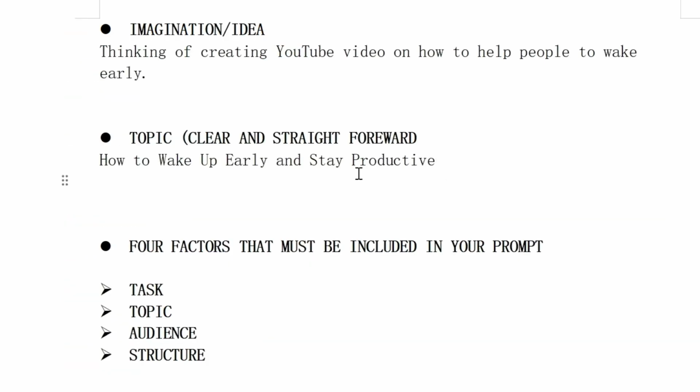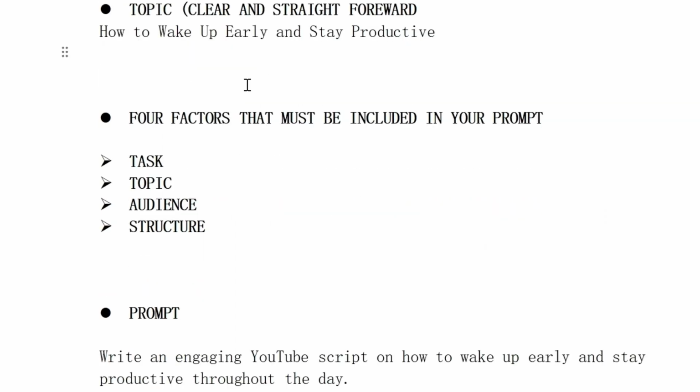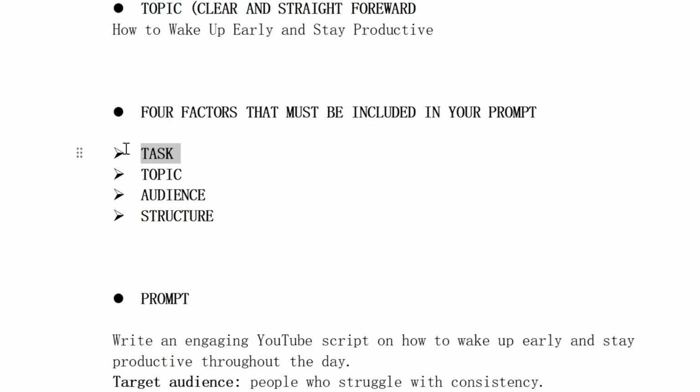So after deriving your topic from your idea, the next thing is to write your prompt. Now, while writing your prompt, there are four factors that you must consider. The first one is task. Every video that you want to create on YouTube must have a specific task. What are you creating the video for? So you want to help them solve the issue of sleeping too much. The task means the purpose, what you are trying to solve. And the topic,